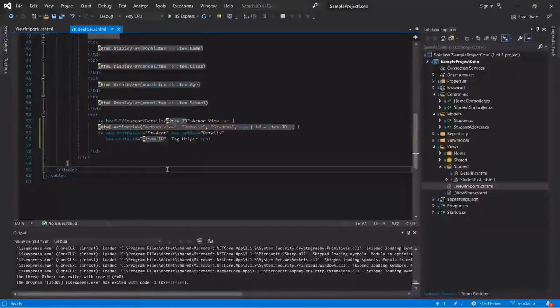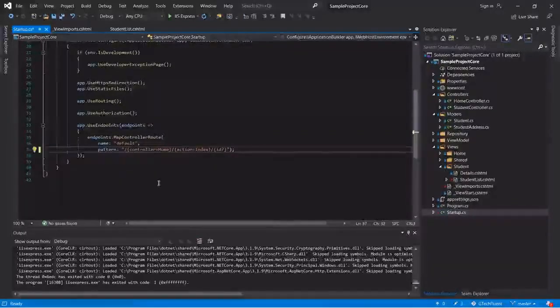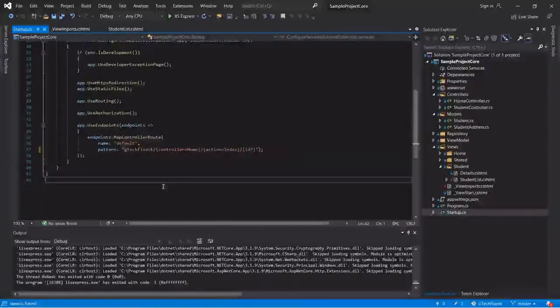To understand this functionality, let's go to the startup.cs file and modify our routing template. As of now, our routing template indicates controller / action name and the ID is an optional parameter. Now let's add GTech Fluent in front of this controller name. After this change, our routing template is modified.